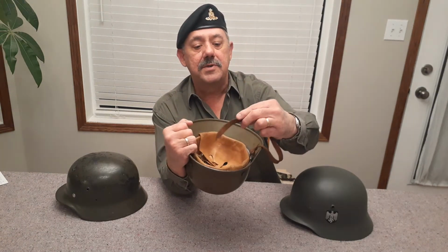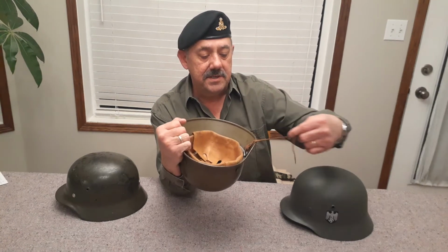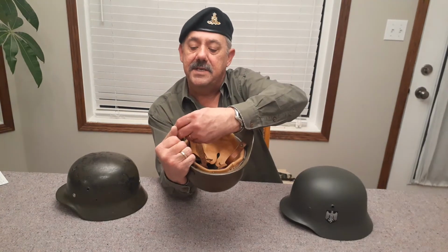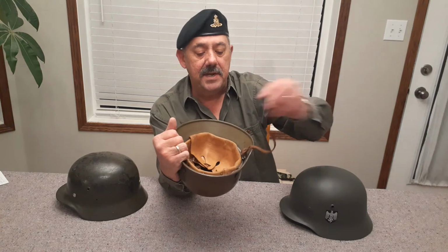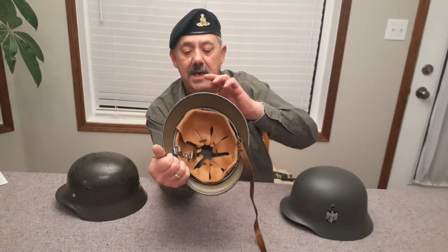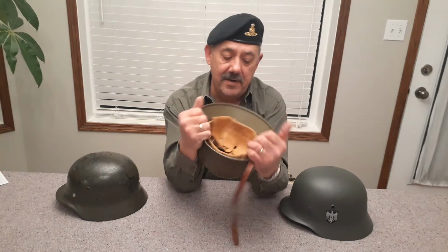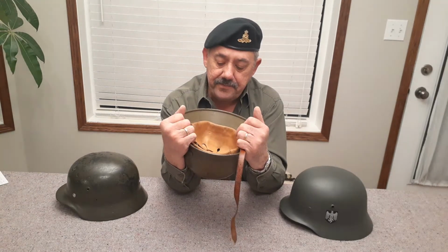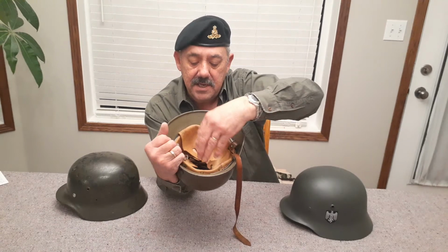There are no markings on here to indicate a maker. If we compared this, as far as I know the chin strap was replaced, so that wouldn't be original. But the band, now I've had this liner out, and this is a very small helmet, by the way. That liner is a 55, and I know they used something like a shoelace as far as